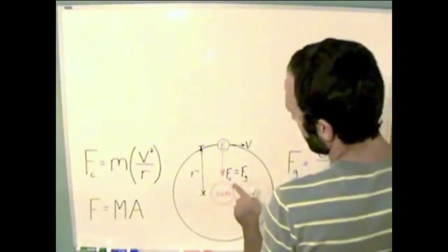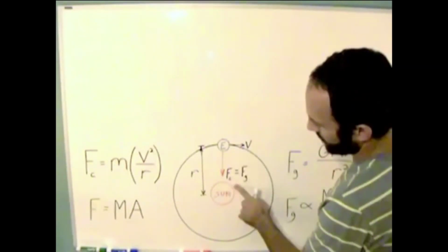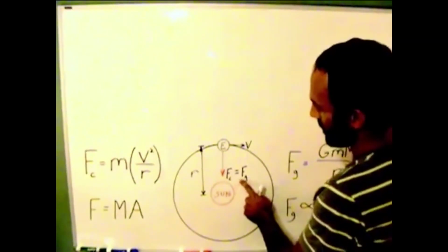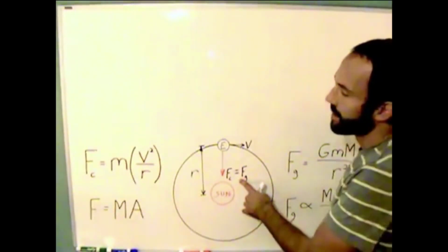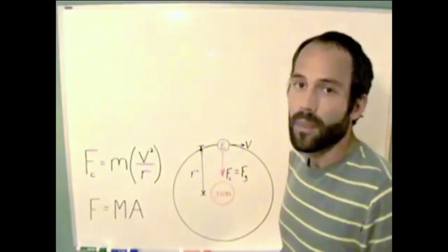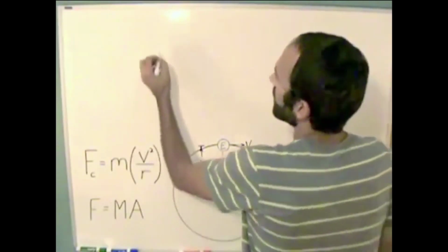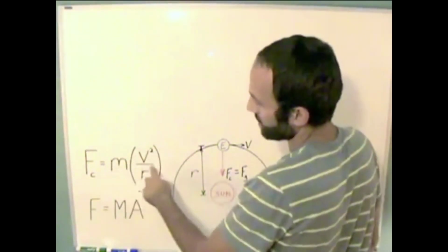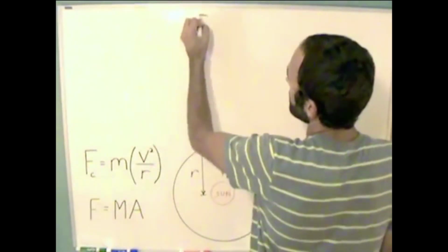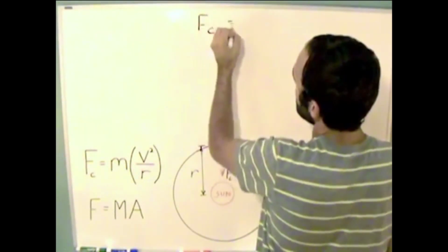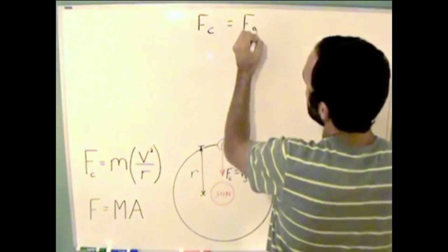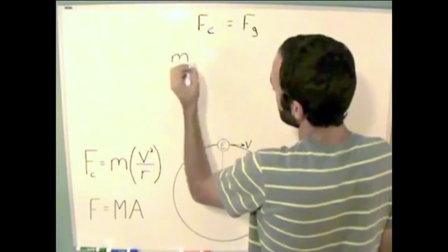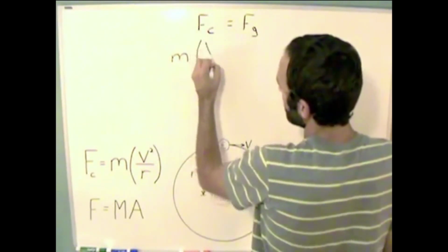As I've written here, the centripetal force between the Earth and the Sun, or the force pulling the Earth towards the Sun, is equal to the force of gravity. So what you can do is say these equations are equal. You can set Fc equal to Fg. Fc is really m times v squared over r,